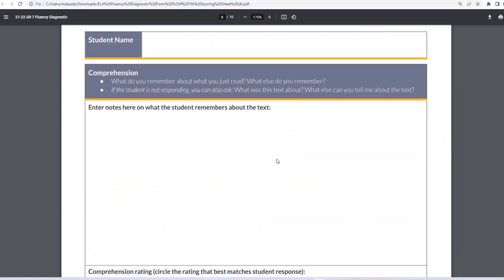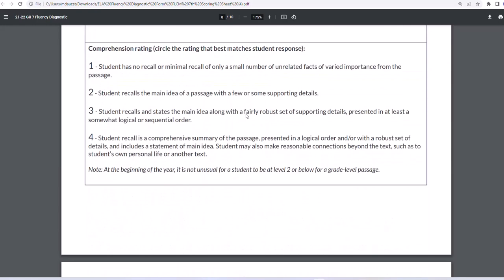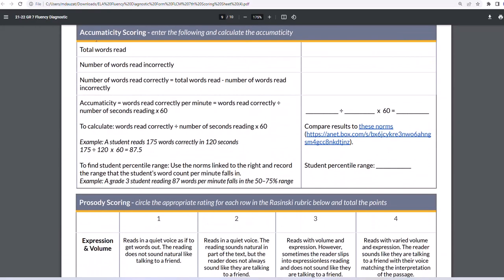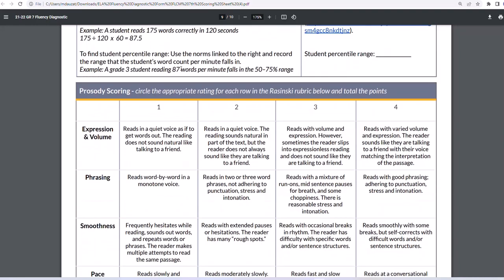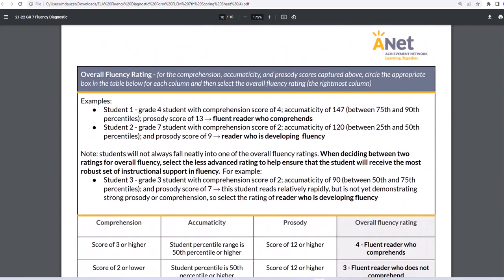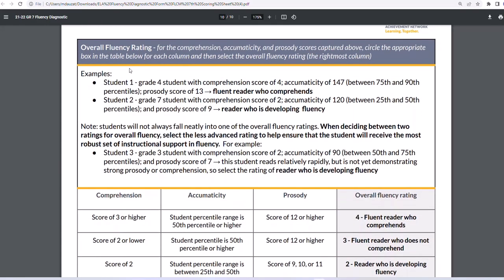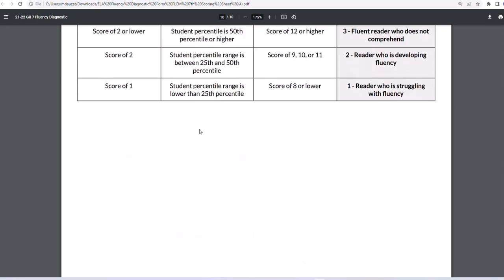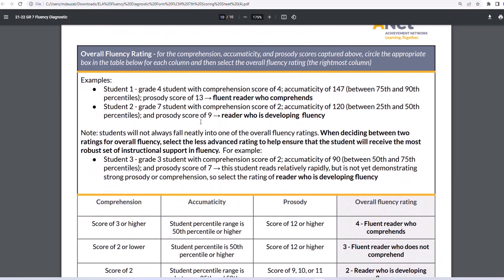And then you have information on how to determine the comprehension. And then you have information on how to determine the accuracy scoring. You have information on prosody scoring. And you have information to determine the overall fluency rating. And there are examples here. All right, now for the overall fluency rating,